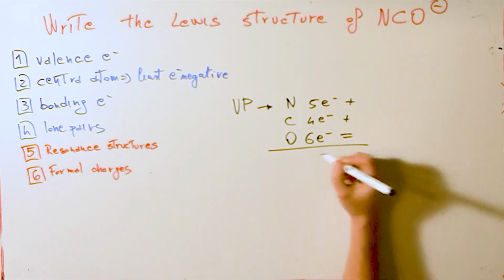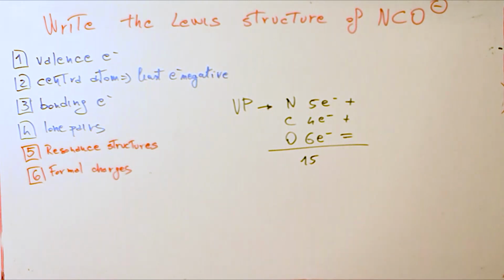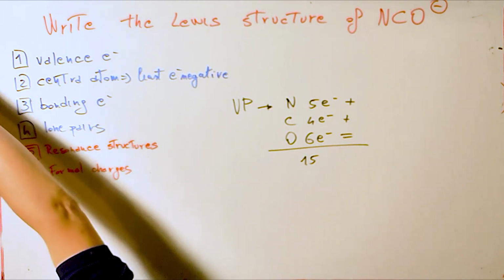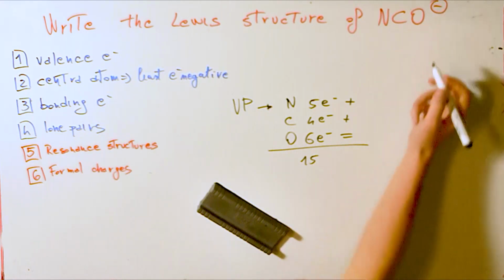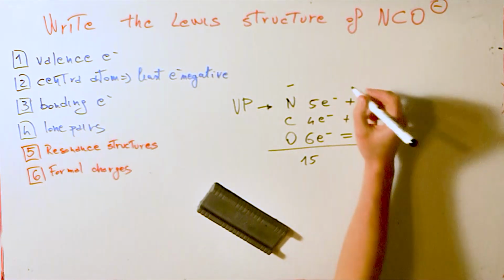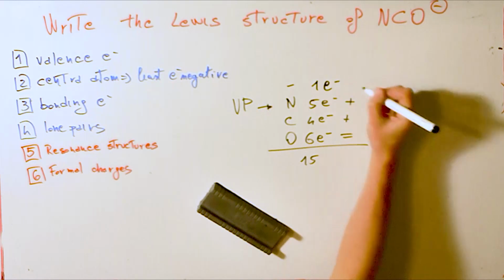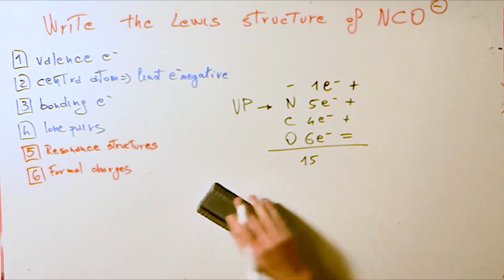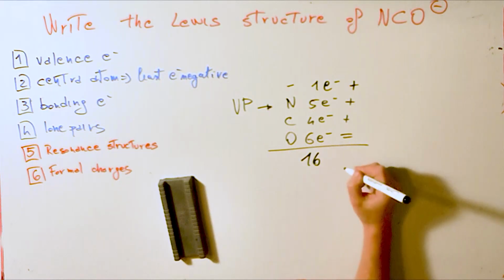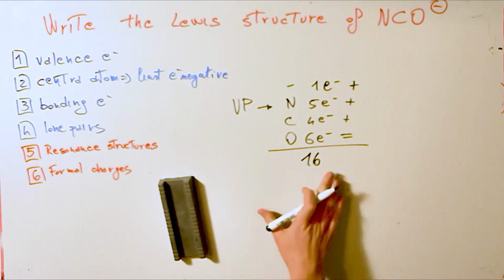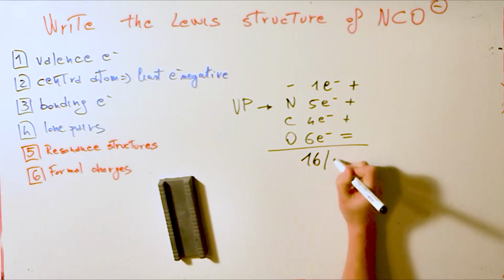Let's sum everything and it will be 15, which is an odd number. Okay, it's not an odd number because we forgot the minus charge, which is another electron to be considered. So the total is 16, which is now an even number,